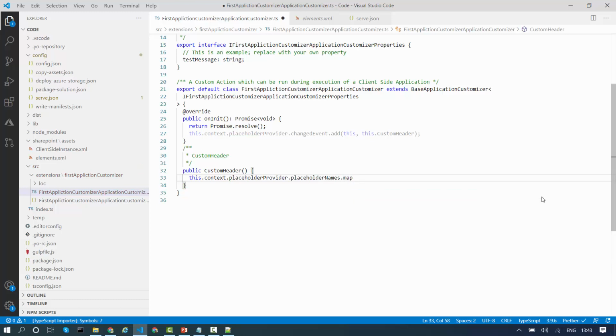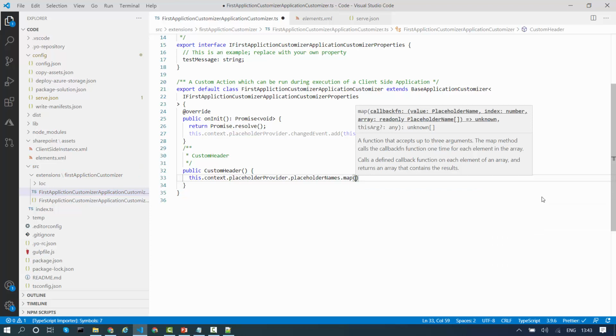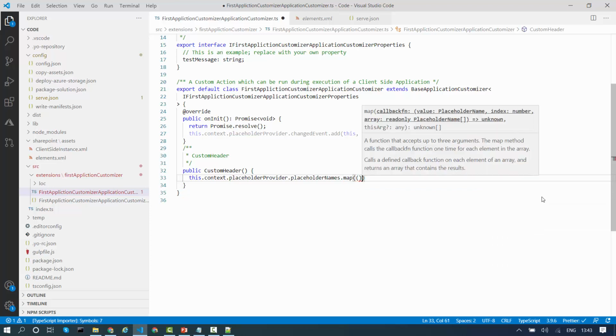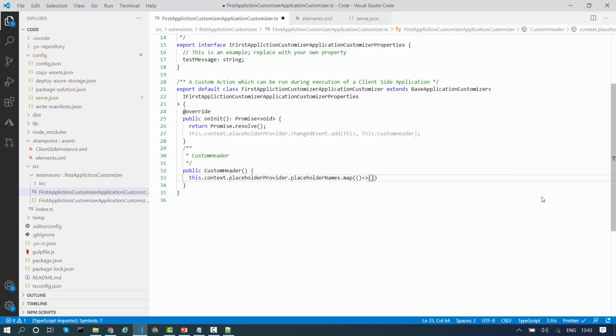Those who watch my videos regularly must be comfortable with this map method by now. We have to use a bracket, another bracket, and an arrow function; this is the format we use for the map method. Inside this I'll use placeholderName, which is my variable.